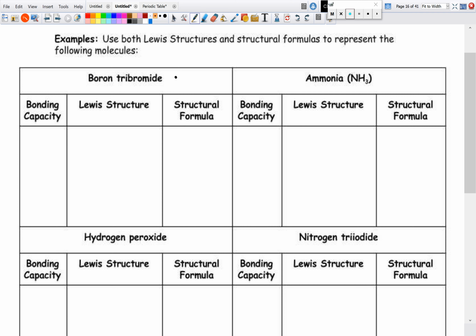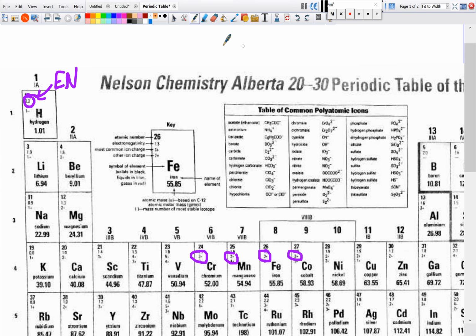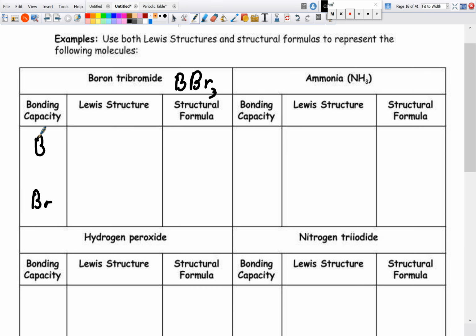So like boron tribromide, we know that's BBr3. So our atoms are boron and bromine. So boron and bromine. Now I am going to write out their Lewis formulas, right? So periodic table, we see boron here. It's in group 3A, so that means it has 3 electrons. 1, 2, 3. Bromine is in group 7A. It has